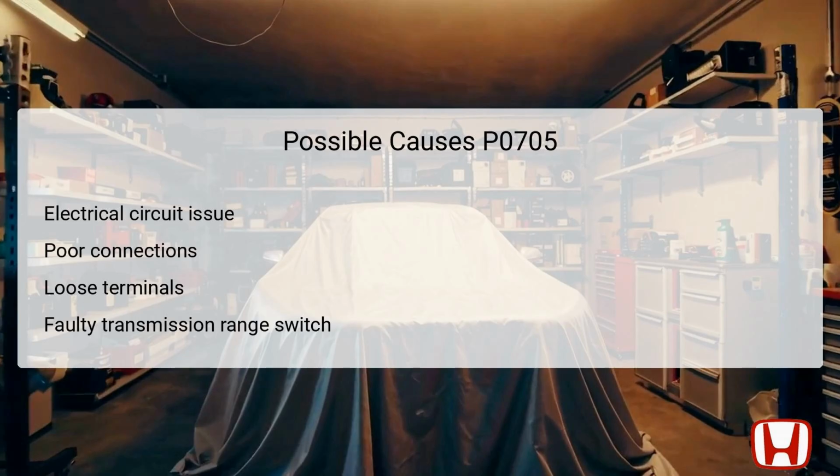Additionally, the transmission range switch itself could be faulty, failing to accurately relay the shift lever position to the PCM. It's crucial to investigate these potential causes methodically to ensure that any faults are accurately identified and addressed to restore